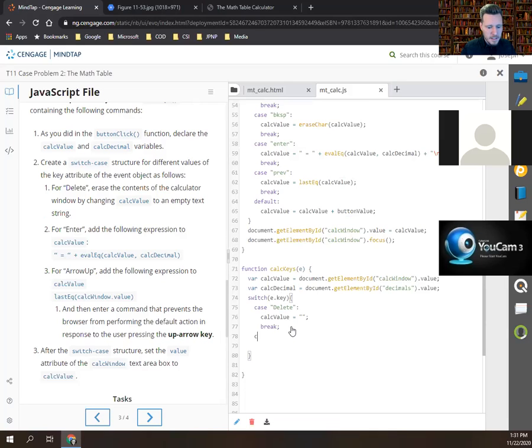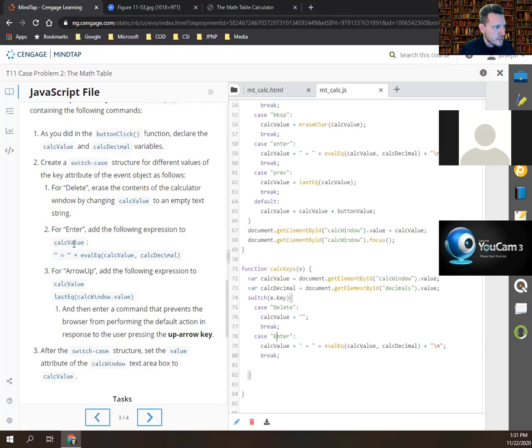The next case, change the calc value to an empty string, just like I did before. And then on the enter, it's almost equal to the previous one. So I'm going to copy that, paste that in here. But this is enter with a capital E. So I need to fix that. And then